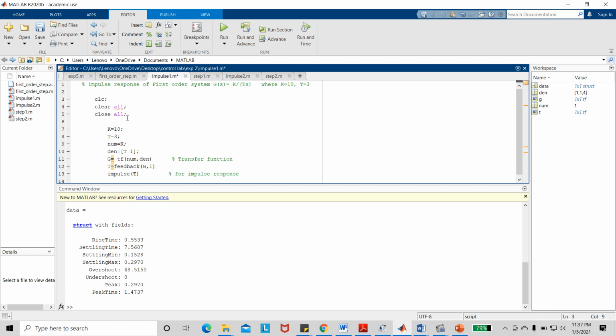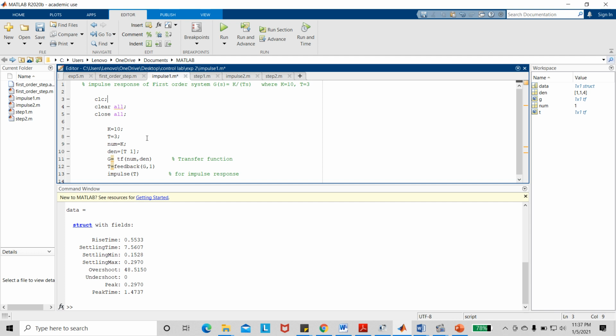After that we start to write the transfer function. So first we define K equal to 10, T equal to 3, numerator of the forward path transfer function equal to K as shown there, denominator equal to [T 0].